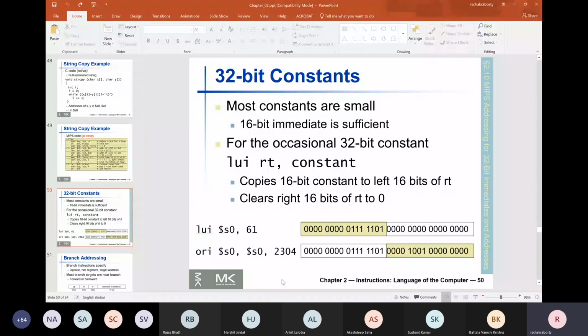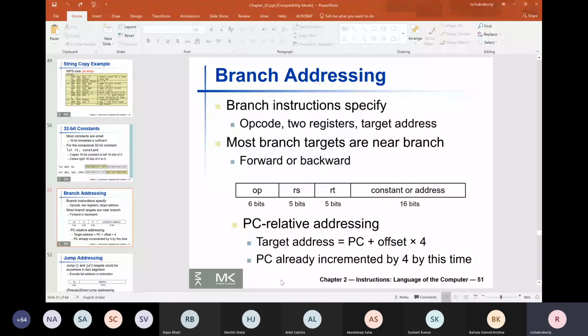Now we'll come to another important topic, which is kind of the final topic of our discussion. It is the different addressing modes. The word addressing mode is slightly confusing because it has a wider sense than what you mean by memory addresses.